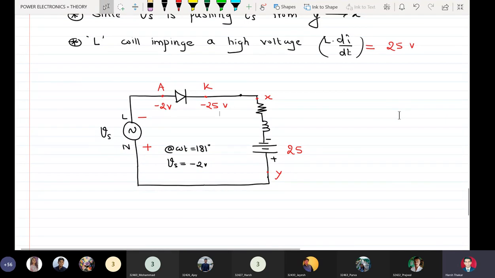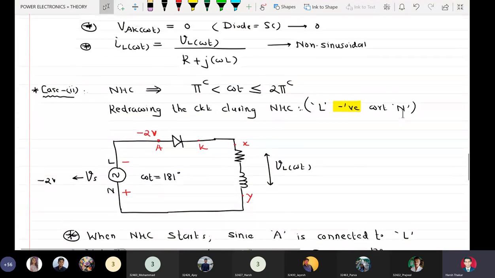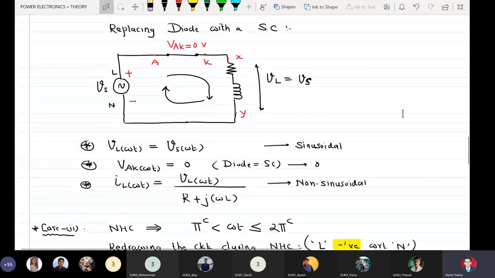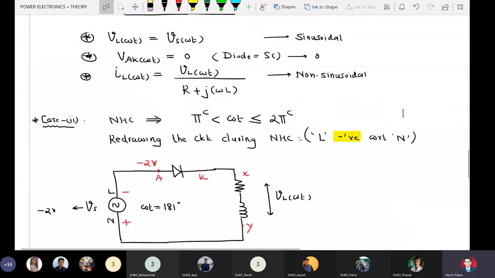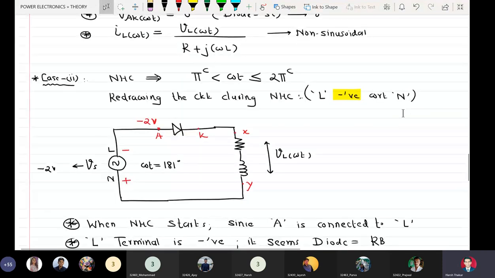That is why I say that negative half cycle is actually supposed to commutate the SCR following the concept of natural commutation. So we see students that when we are considering negative half cycle, it is the illegal half cycle for this diode. Negative half cycle means that anode is going to get connected at negative potential. So as such, SCR should get commutated. SCR actually should get reverse biased as soon as negative half cycle starts, but this is not the case here.